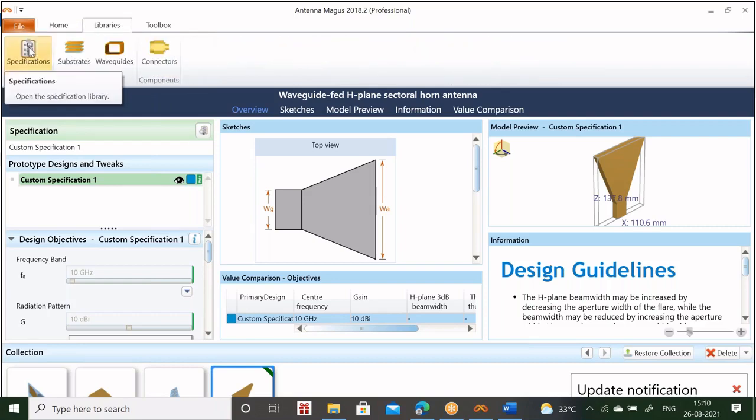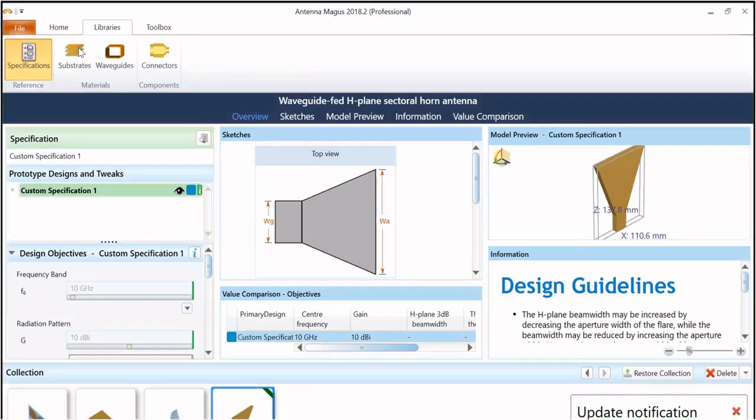So specifications, you can give the specifications. Whatever specification you would like to have, those specifications. Taking time. Wide variety of substrates you can select here.